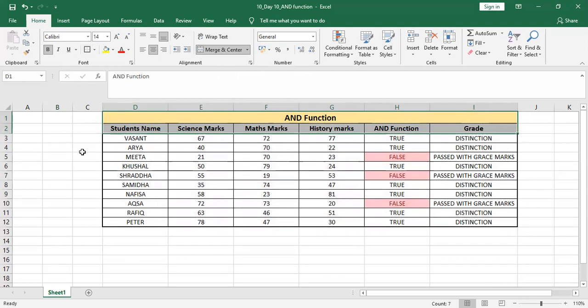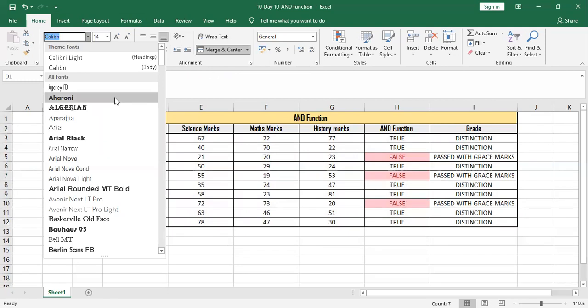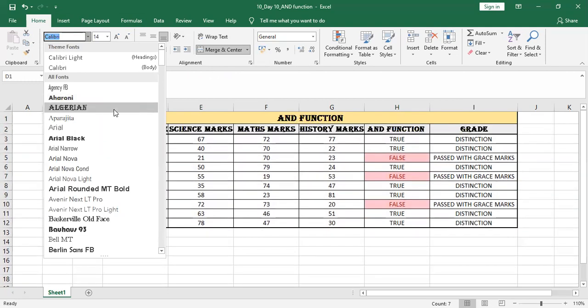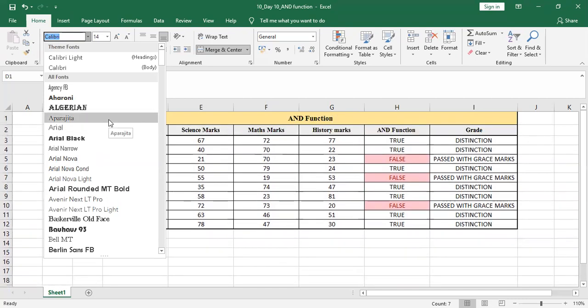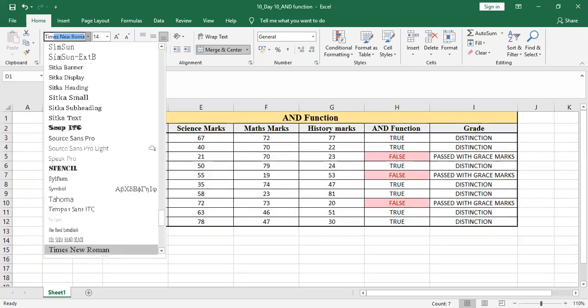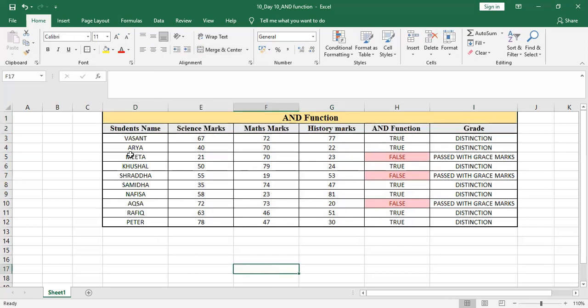If I want to change the font for the same, what I can do is go to the font name. Calibri is here, but I want Times New Roman. There are many fonts here. You can see all these fonts, and by just putting your arrow on one, you can see how that font will look. For right now, if I want to use Aparajita or Times New Roman, it's a very pretty font, the one I particularly like. It's Times New Roman. So you can see the marks and students data is in a different font, that is Calibri, and your font is different.